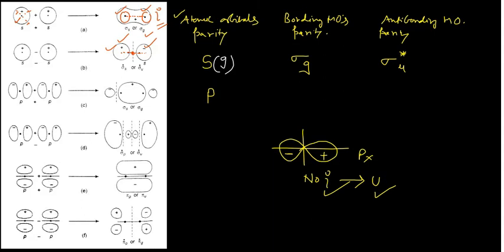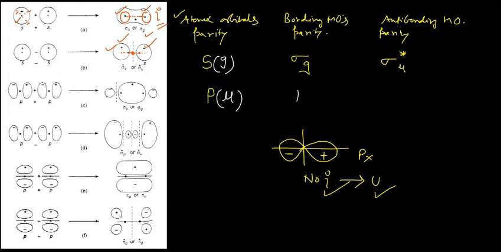Again I can explain this. This is the negative sign somewhere here. If you move to the center right here, and if you move further back in the opposite direction by the same distance, you will find the changed phase here. That means no center of symmetry is present. That's why this p orbital is always ungerade. And when this p orbital is ungerade, then definitely when it forms your pi bond,